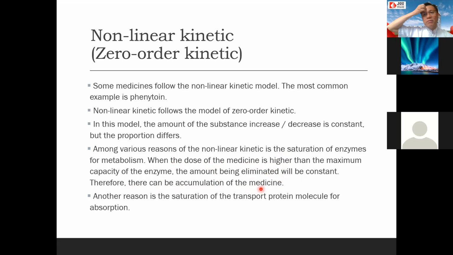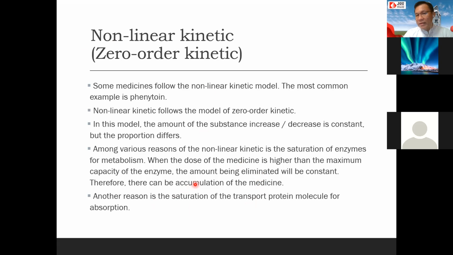So a small increase in dose can cause a high increase in concentration, because of the maximum capacity of the metabolism, for example in the case of phenytoin. Another reason is the saturation of